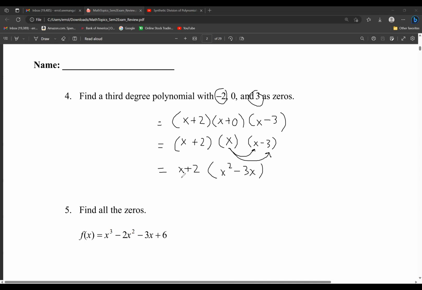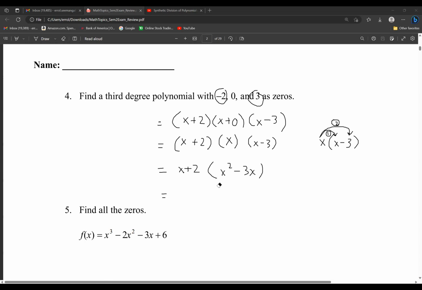Now distribute those two, or FOIL it. Wait, why x? Wouldn't it just be x squared minus 3? Because the x squared is already the two x's, right? Well, remember, the x times x will be first. This one will be first, and then this one will be second. Oh, okay. Right? Okay, so now what's